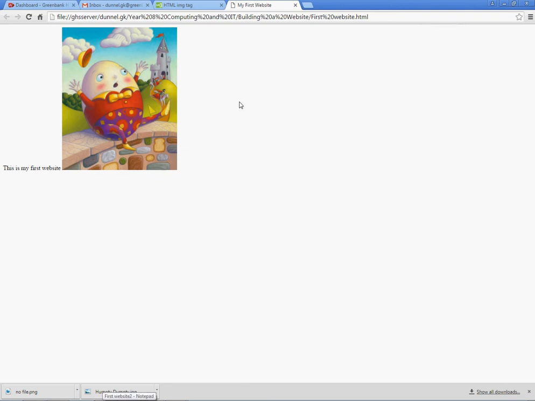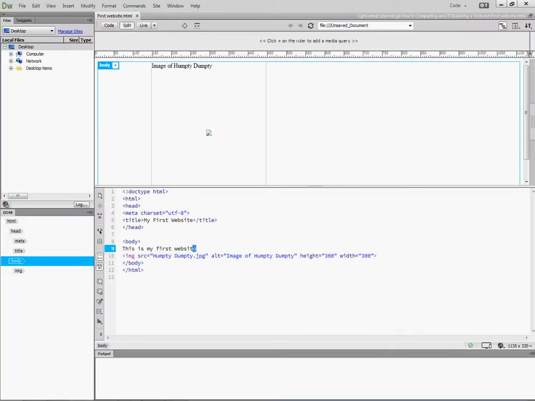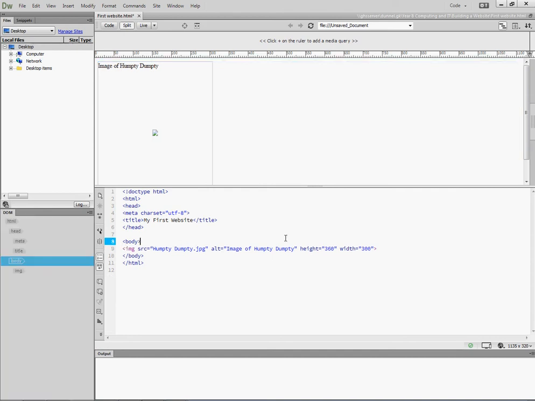What I want to do now is have this looking a little bit different. What I'd quite like is the Humpty Dumpty to be in the middle of the page with the nursery rhyme Humpty Dumpty appearing underneath it. So let's start changing that. I don't want it to say this is my first website anymore. So underneath